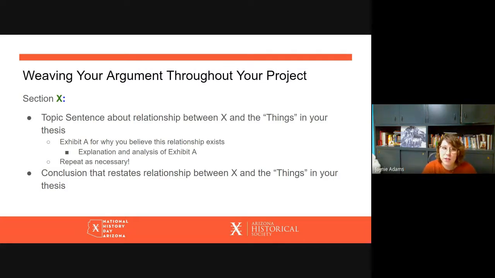I would really encourage you not to go all the way around and loop the alphabet back over, right? We don't want to have exhibit A, B, C, D, all the way through. But maybe like exhibit A, B, C, maybe even D, depending on what kind of material it is. You want to make sure that you're keeping your project really, really tight and you're only really selecting the best evidence to further your point.